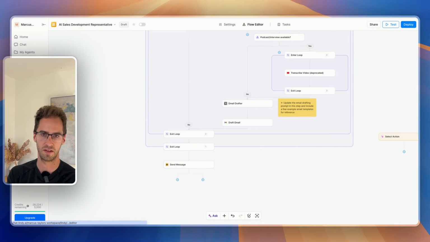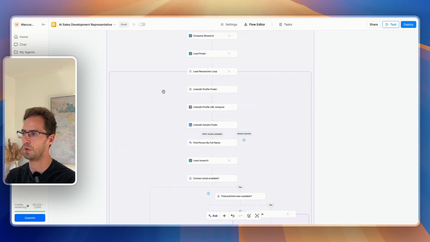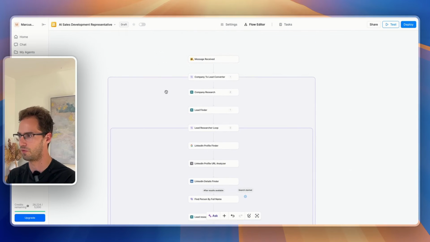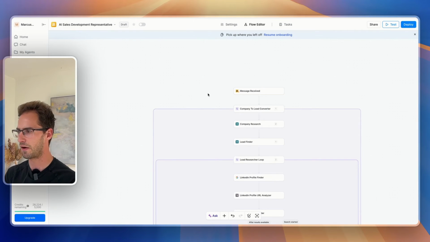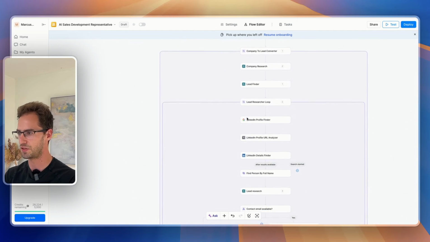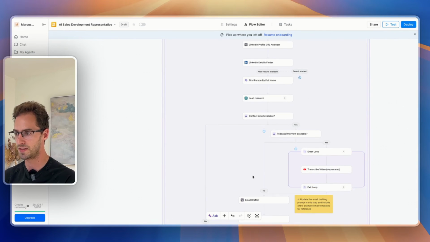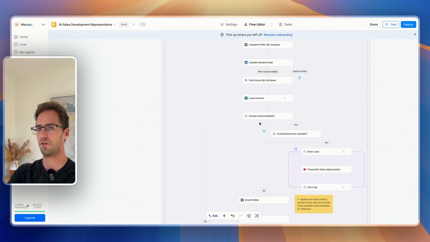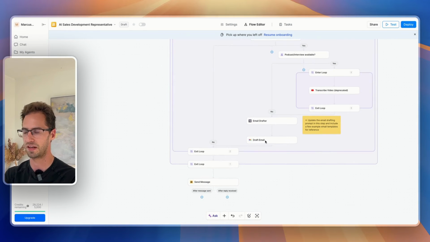Now, you may have seen the video that I did around building an AI SDR where we built out this workflow. So this is basically going out, doing some research on a company, finding all the relevant leads, and then doing some detailed research on the leads. Now, in the video we did on this, we ended this sequence by sending a cold outreach email. But what we could do is instead of doing that, we could add all that information to the Google Sheet